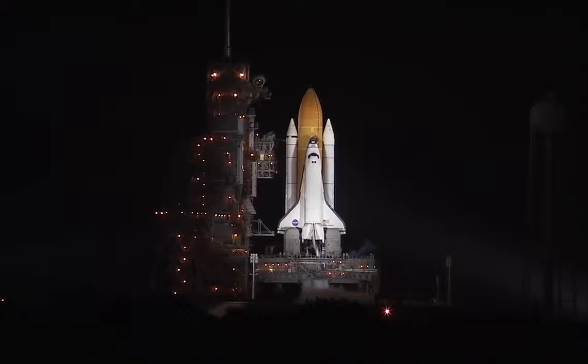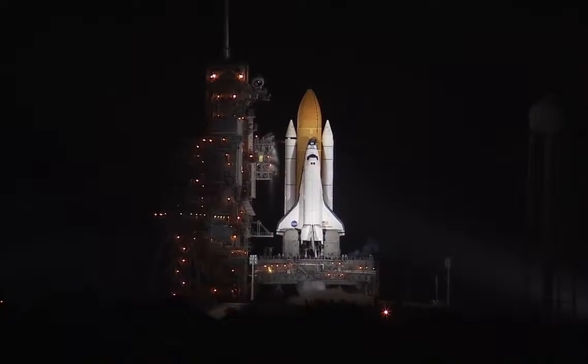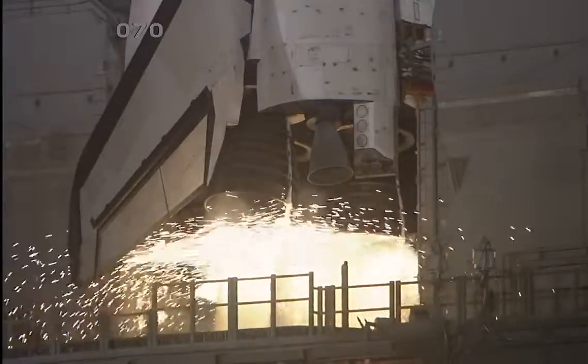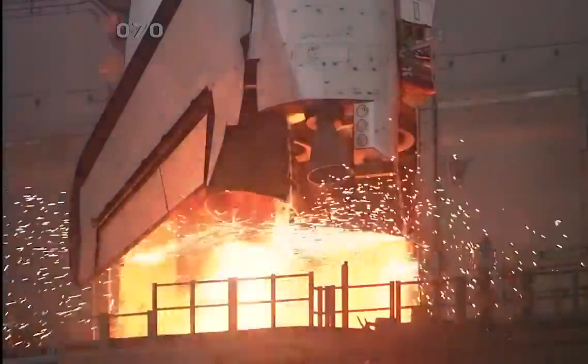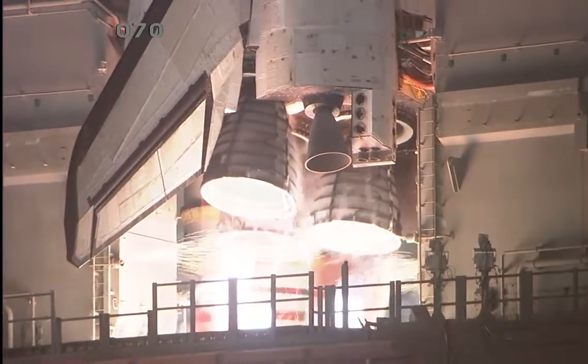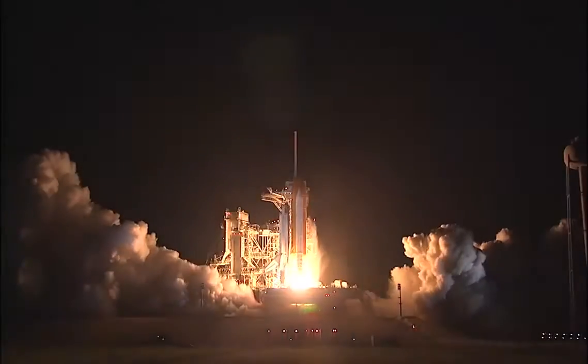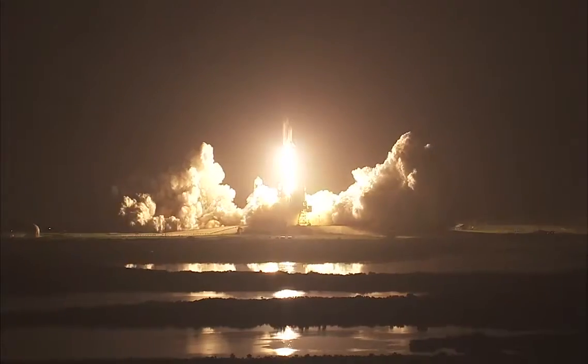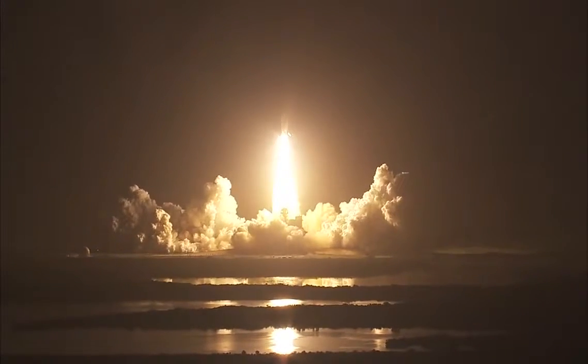T-minus 15 seconds. The sound suppression water system has been activated. 10. TLS is go for main engine start. We have a go for main engine start. Main engine start. 2, 1. Booster ignition and liftoff of Discovery, celebrating its 25th birthday by racking up science and supplies to the